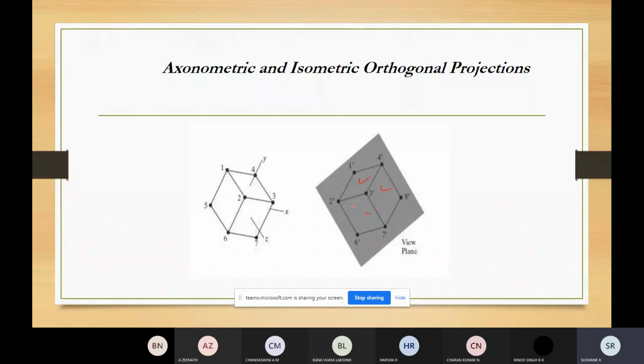So axonometric and isometric projection are forms of orthogonal projection which display more than one face of an object. These kinds of views you can call axonometric orthogonal projection. In axonometric orthogonal projection, the most commonly used one is isometric projection, which will be generated by aligning the